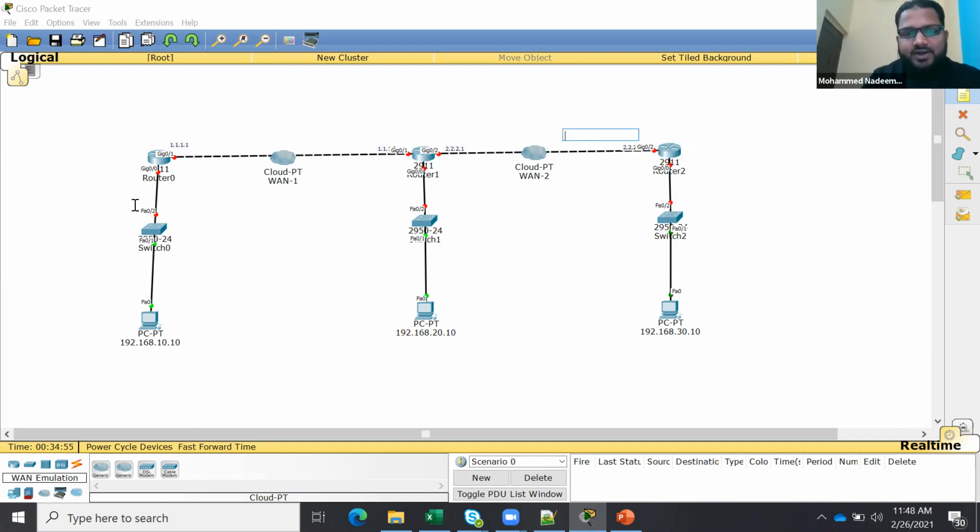These will be our IP addresses, and this interface will be the gateway 192.168.10.1. Here 192.168.20.1 is the gateway, and here also 192.168.30.1. That's it. See, this is called a plan.